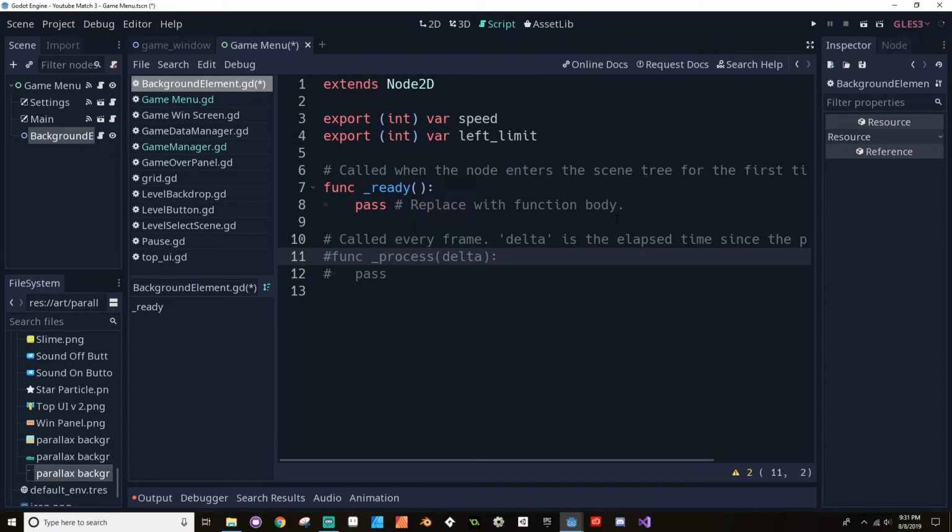So in our process delta, what we're going to do is take our current position and add to it speed times delta, where delta is the amount of time that has passed between this frame and the frame that came before. That way it'll appear to move at the same speed no matter what the frame rate of the device you're working on. And then we're going to say if